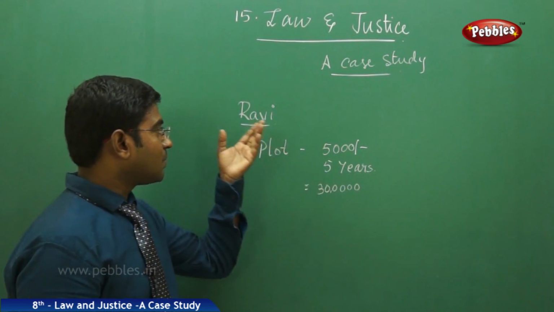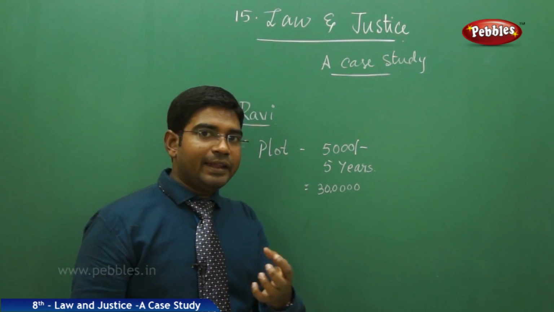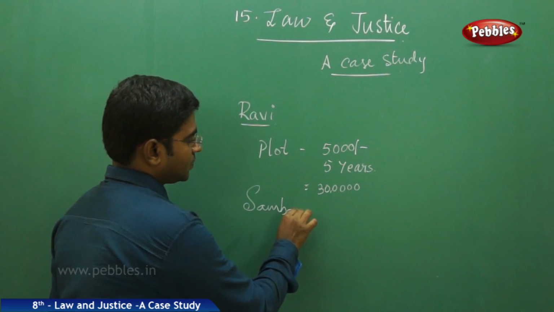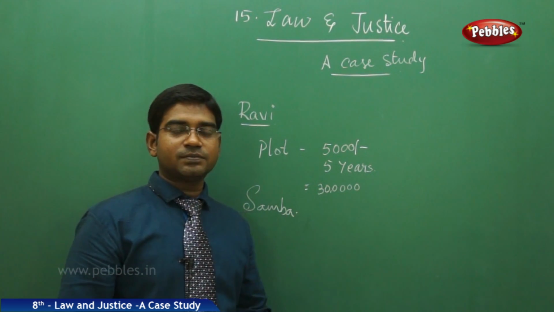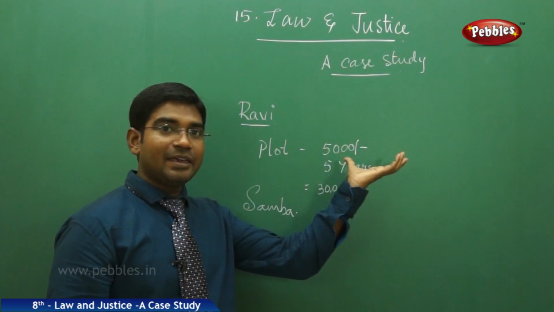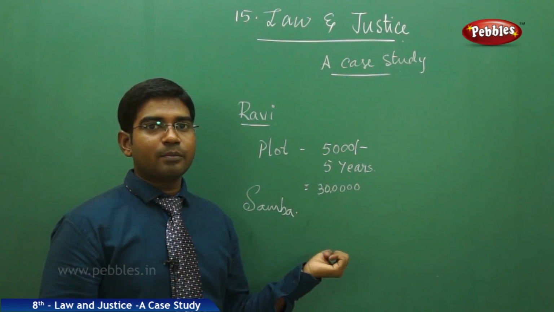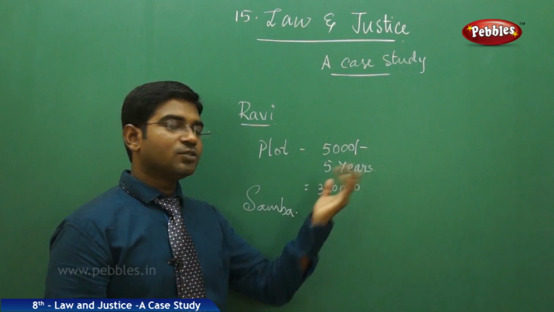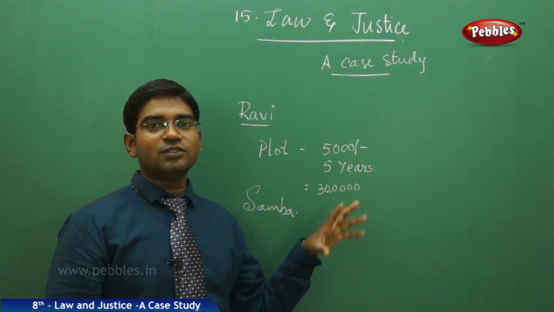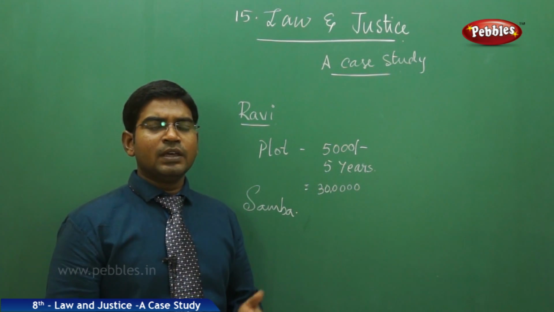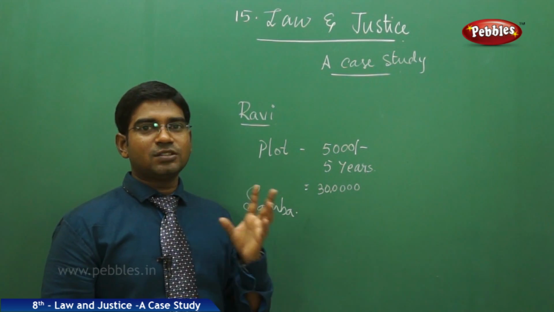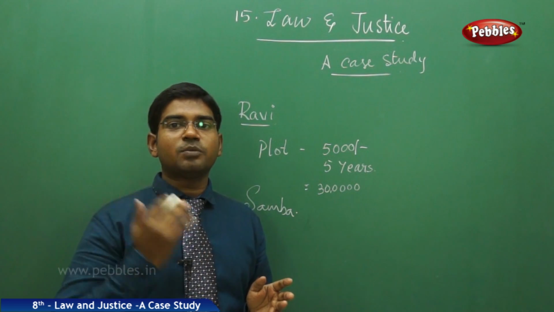This is the scheme published in the newspaper by Mr. Ravi. And here we have one more person called Mr. Samba, who works in the same cooperative office as Ravi and decided that he would also purchase a land by this scheme. Samba pays the same 5,000 amount continuously for 5 years without fail, and on a particular day he decides that he is going to get the registration of the plot in his name. Along with his son he goes to Mr. Ravi to find out where his plot is and gives him the documents related to the plot.